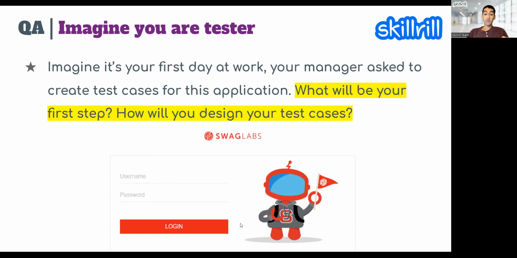It's logical, right? So if you know the product better, exactly, yes, I can see some good answers. If you know the product better, then you can test better, right? There are more chances that you're going to find those hidden defects. You're going to find out those problems, and you're going to know what to test actually. Maybe this is an application that already exists and just a small feature or part of this application changed. So you don't have to test the whole application, right? So you're going to have to understand the context, right?